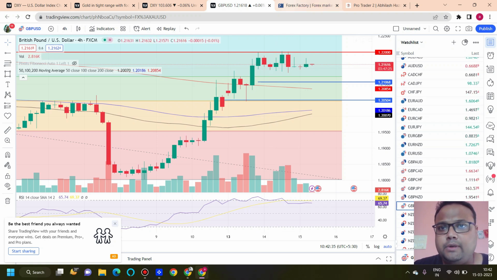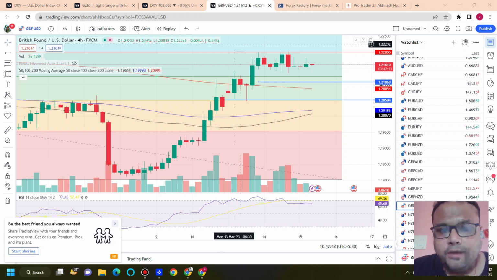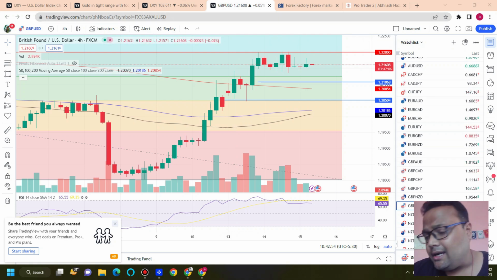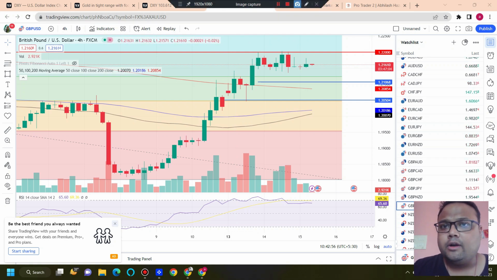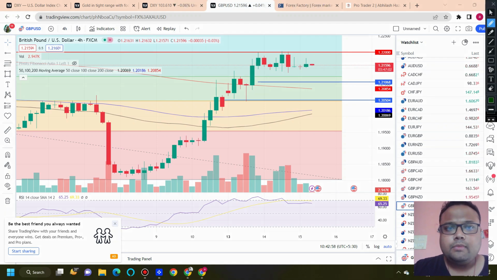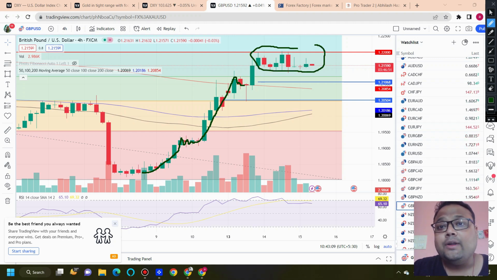on the chart of GBPUSD, because this is how volatility works in the market. Market always moves from high volatility to lower volatility and lower volatility to higher volatility. So after this high volatile market, you could see that market took some rest and market went up again. Market took some rest, again market went up. So market is in rest mode right now.